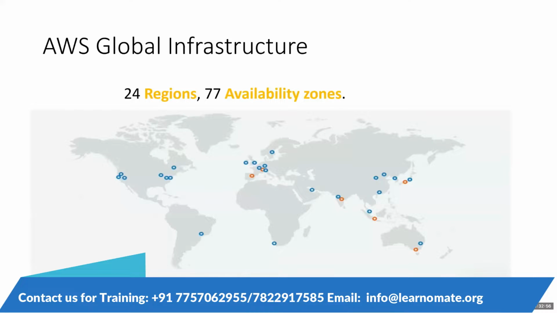So in AWS, we have a total of 24 regions. These 24 regions include the default regions and non-default regions. I think it might be 25 now, I think we also have the Hyderabad region. Okay, let's say 24 regions now, and we have a total of 77 availability zones. So what is a region about?